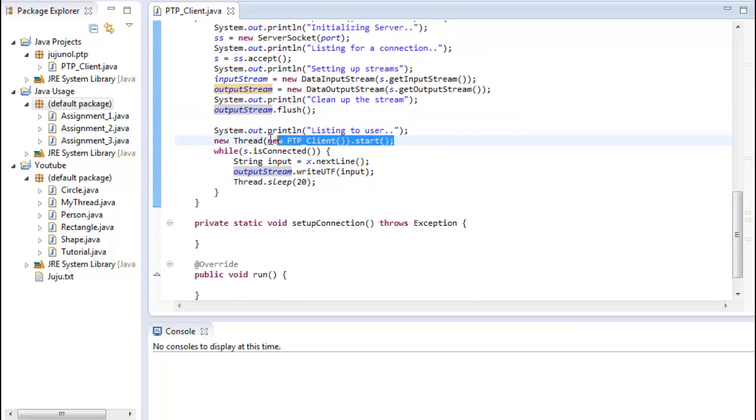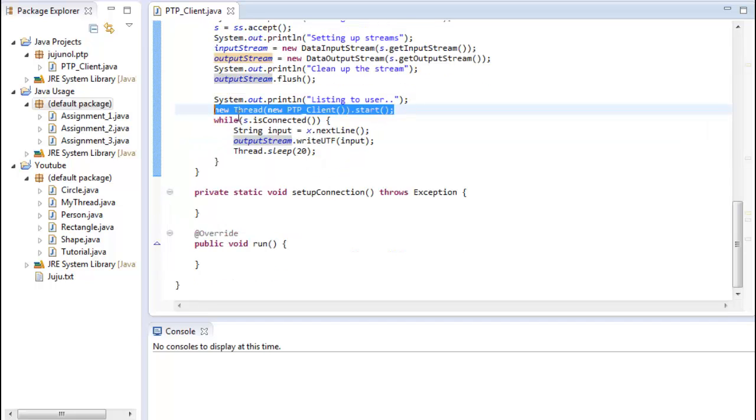Then we started listening to the user. This line in particular may seem a bit confusing to you, so I'll go over it in a sec, maybe this tutorial actually. Then we said while it's connected, we wanted to get input from the user and send it to the one who is connected to us, and then we're going to let it sleep